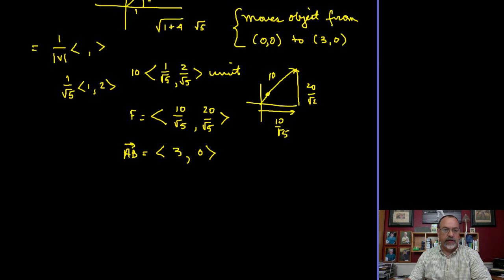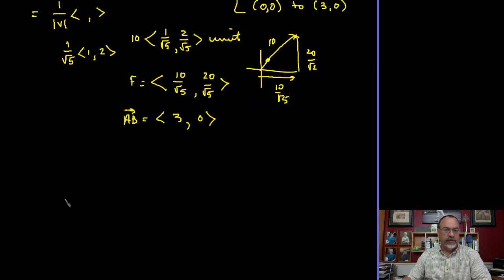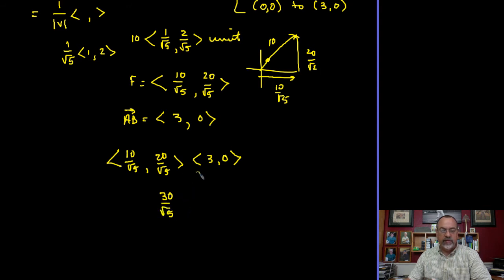So let me scroll down here and we'll do a dot product. To do the dot product, I take the force vector components, 10 over the square root of 5 and 20 over the square root of 5, and multiply by the other vector. Remember, the dot product is the A components multiplied together, so that's going to give me 30 over the square root of 5, plus the B components multiplied together. Well, 20 square root of 5 times 0 is 0, so the amount of work done is 30 divided by the square root of 5,